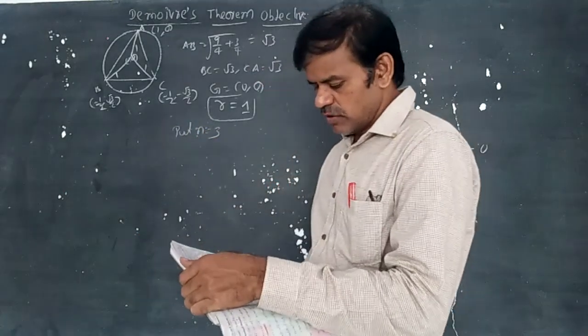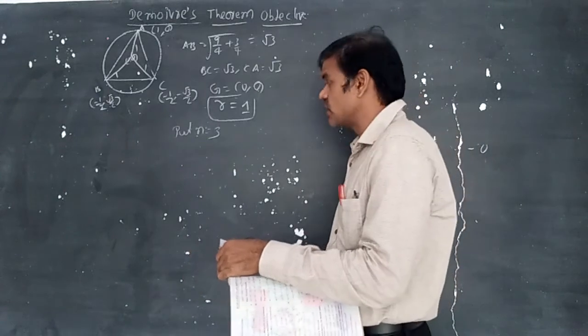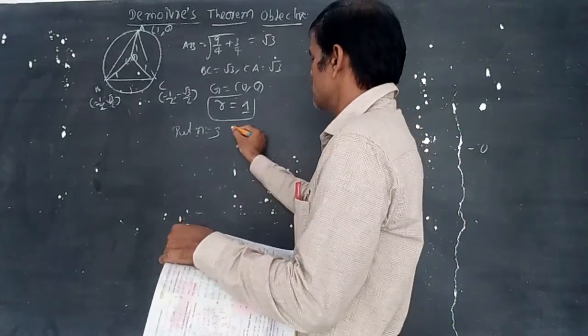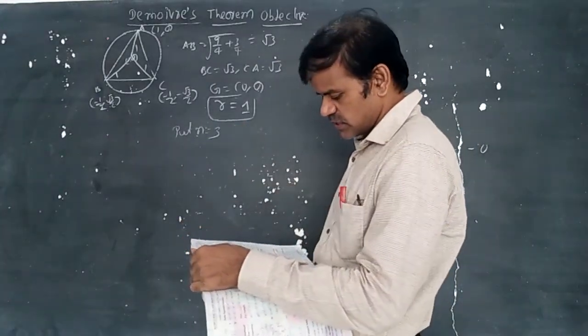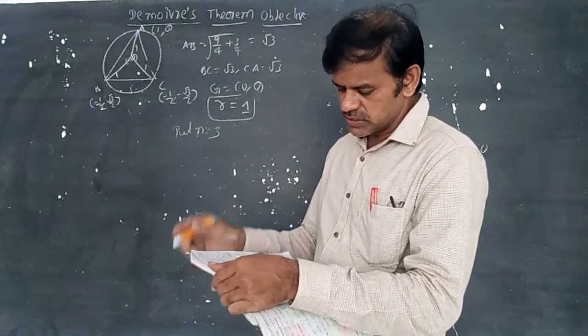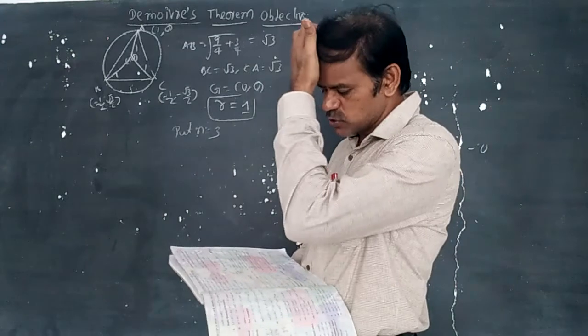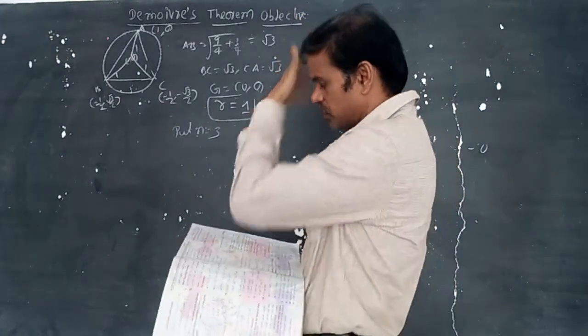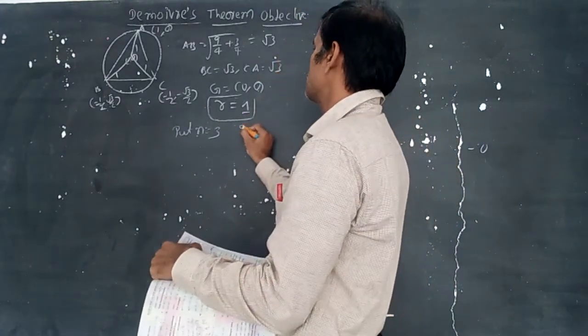They will be the vertices of an n-sided regular polygon. Here n is equal to 3. So here he is discussing the center of the circle with angular distance 2 pi by n radians. 2 pi by n radians is 2 pi by 3.